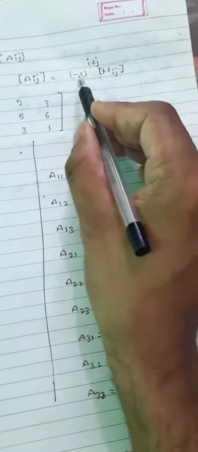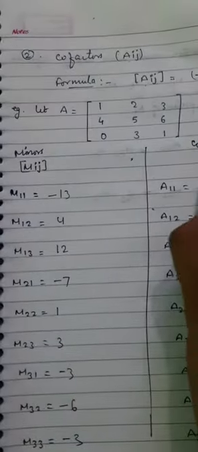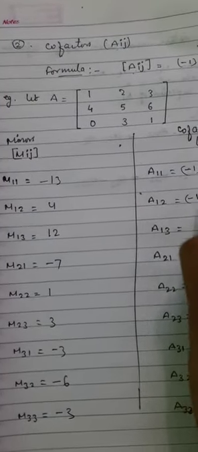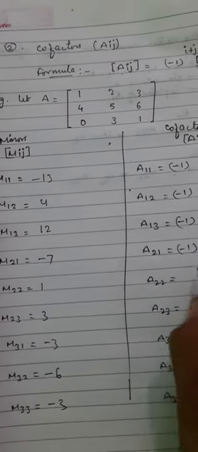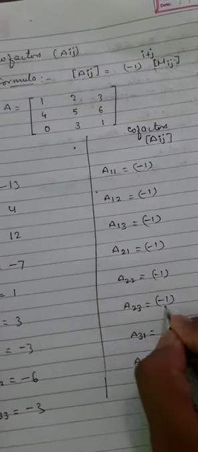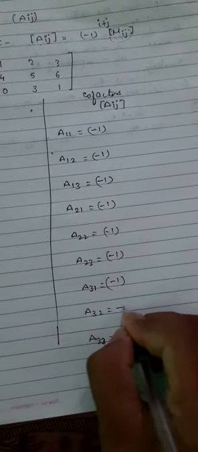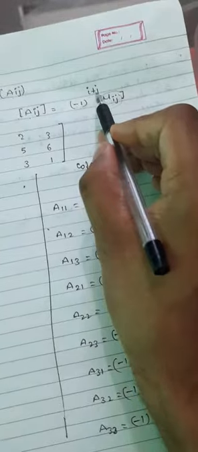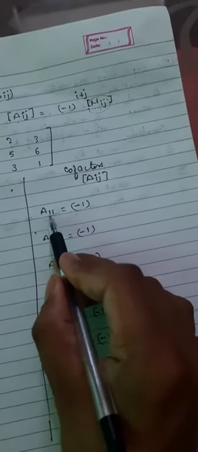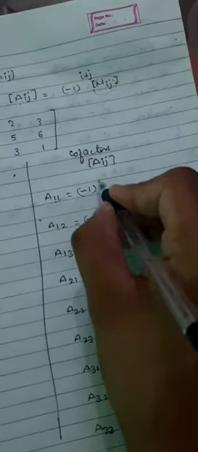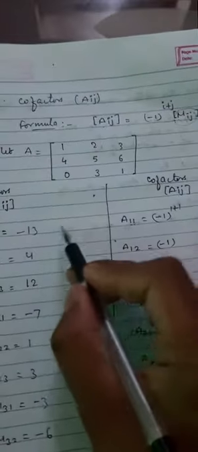Now how to find the cofactor? For the cofactor you have to write minus 1 raised to power i plus j everywhere. We are doing cofactors now with the help of minors. I taught you how to find minors, and for finding cofactors you first write minus 1 everywhere. Now see this i plus j. i plus j means this is ij. So i plus j means 1 plus 1, and its minor we have to write here.